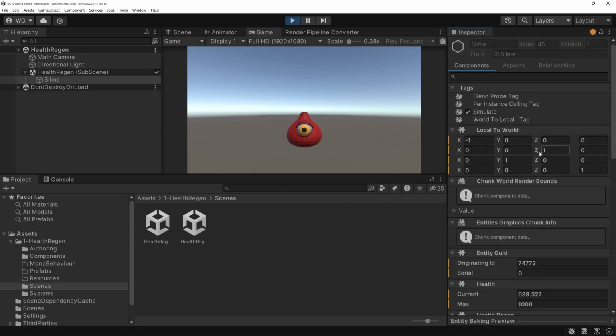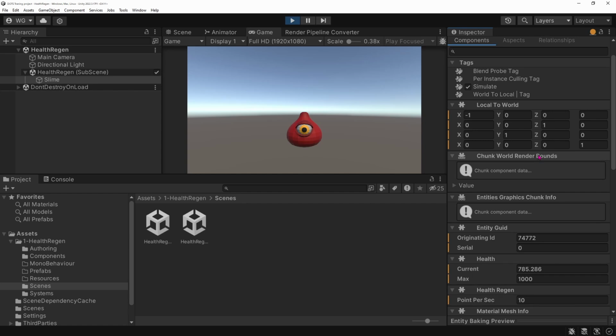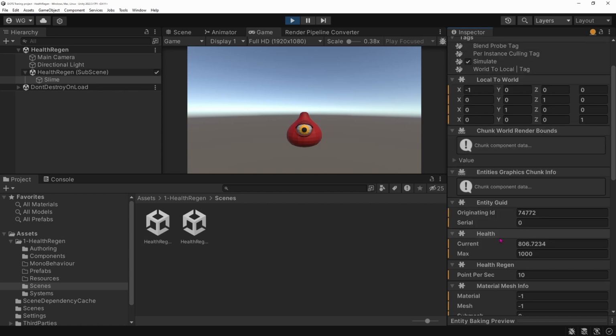Runtime will show you all the components that your entity has in the runtime, so the components that are modified by the systems. As you can see here, we have the else component that is being increased until it will reach the max value of 1000, and it's increased based on a 10 point per second value that is defined in the else region.